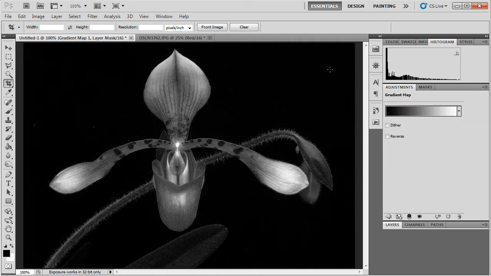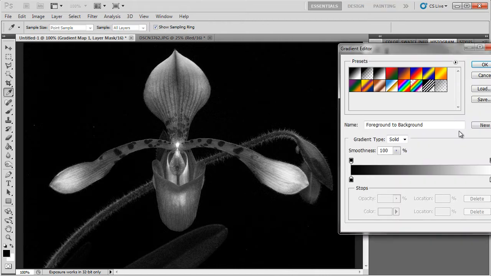Now, as I mentioned at one point, when you're looking at a channel in the channels palette, bright areas are where there is the most of that particular color. So if it's the blue channel, then the bright areas are where there's the most blue. So what I'm going to do here is map blue to the lightest tones in the image. So I'm going to click on my gradient here, select my brightest point,